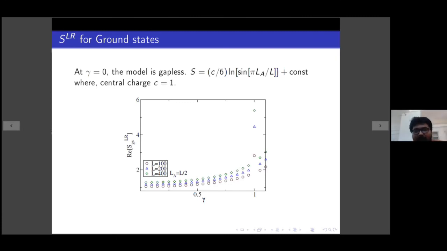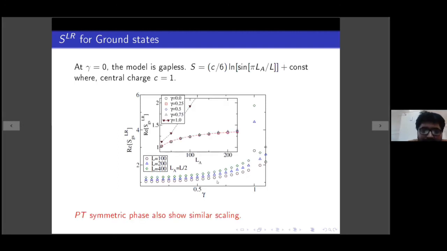So what we have found here is that even in the non-Hermitian limit, where gamma is non-zero, this scaling works, which essentially tells you that this type of gapless feature, which was there initially in the Hermitian limit, is still there even if you break hermiticity. But we also found something even more interesting: at the gamma equal to 1 point, which is the special point where you have the transition, the scaling is much faster than the logarithmic, even much faster than the linear.